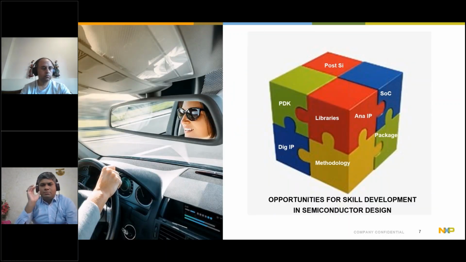So again, this slide is more of a placeholder slide, but it is for sending a message, particularly to our fresh engineers and particularly to the mentors of the fresh engineers, whether you are a faculty member or an experienced person, that it is also our job to guide our students, our aspiring engineers, in the right direction of skill development, because we are in a knowledge industry. Knowledge is the key to our success. Now we can invest time, and our knowledge will be a function of the time we invest in these domains.